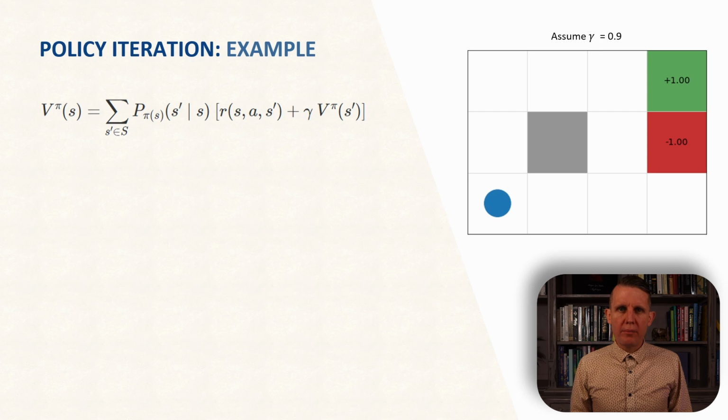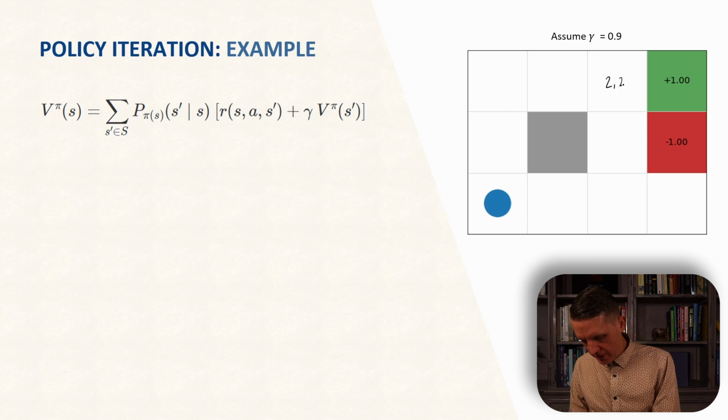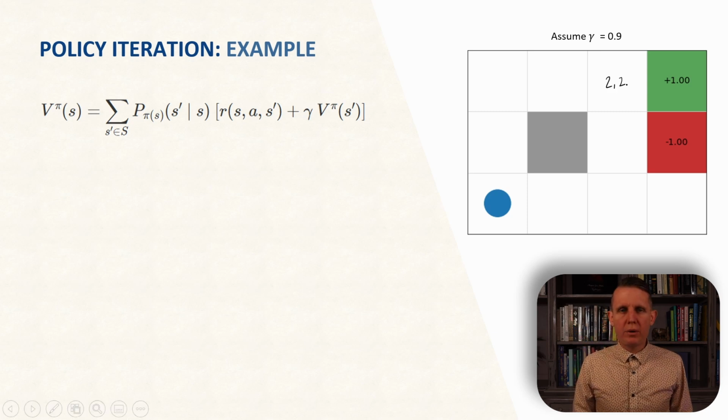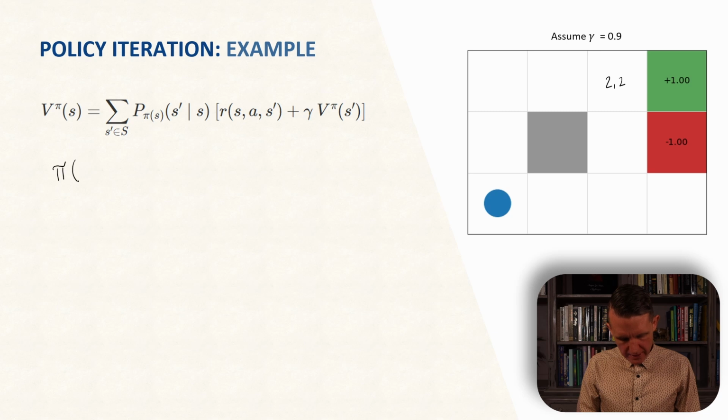So now let's look at an example of policy iteration using Gridworld. We're going to look at this state here, state 2.2, and we're going to assume that initially our policy pi for state 2.2 is action up, telling us to go up in that state. We'll assume that this is the first iteration, and we also will assume that